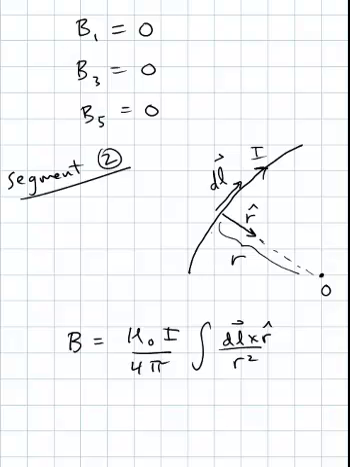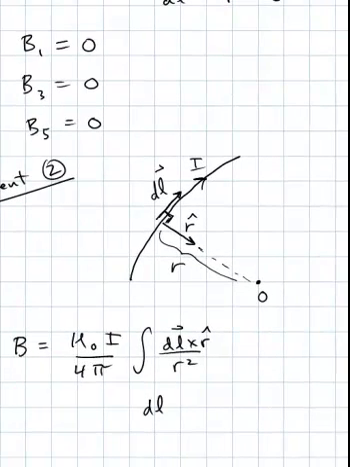And no matter where I am on this curve, dl points tangent to the wire, and r hat is perpendicular to dl, no matter where I am on this arc, because the point of interest is the center of curvature of the arc. So in this case, my dl cross r hat,